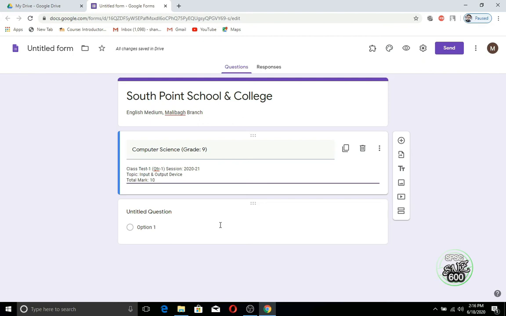For the fill in the blanks question, the options must be given with the questions, because if the student makes a spelling mistake or uses a capital or small letter, the computer will see a mismatch and give 0 marks. So it will be better to give the options with the question when you are giving a fill in the blanks question. Before starting with the questions, I need to change one setting from here.